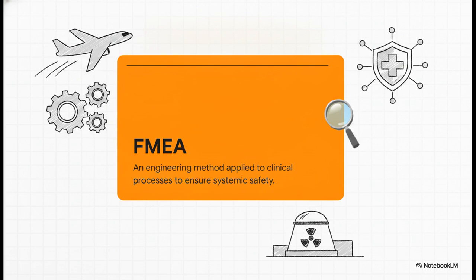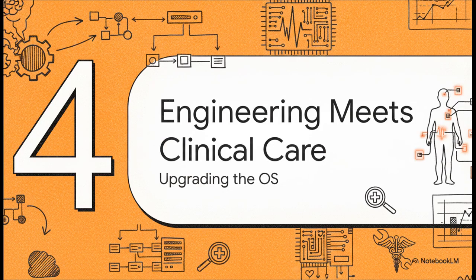FMEA asks a really simple but profound question: what can go wrong at this exact step, and how bad would it be? It forces healthcare providers to stop asking, did the doctor make a good decision, and start asking, is our operational system actually designed to catch errors before they ever reach the patient? It's all about designing a system where making a mistake is incredibly hard, but doing the right thing is incredibly easy. Which brings us to Section 4,